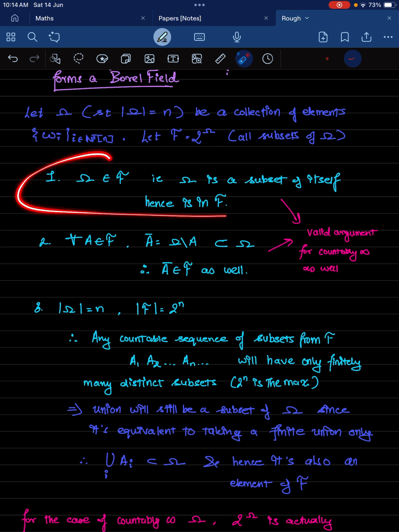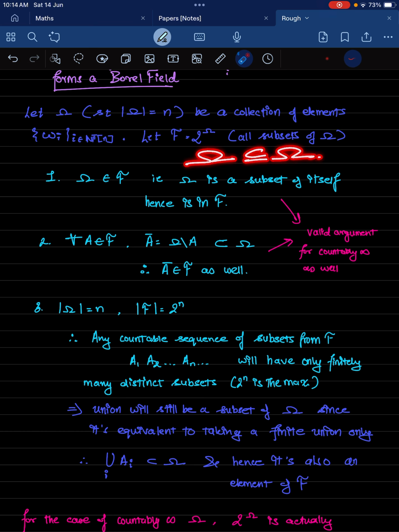Firstly, I just want to use this result that omega belongs to F. Why? Because omega is a subset of itself. It's not a proper subset, but it's an improper subset of itself. Okay, and so since omega belongs to the power set, we can use that result to prove that the complement